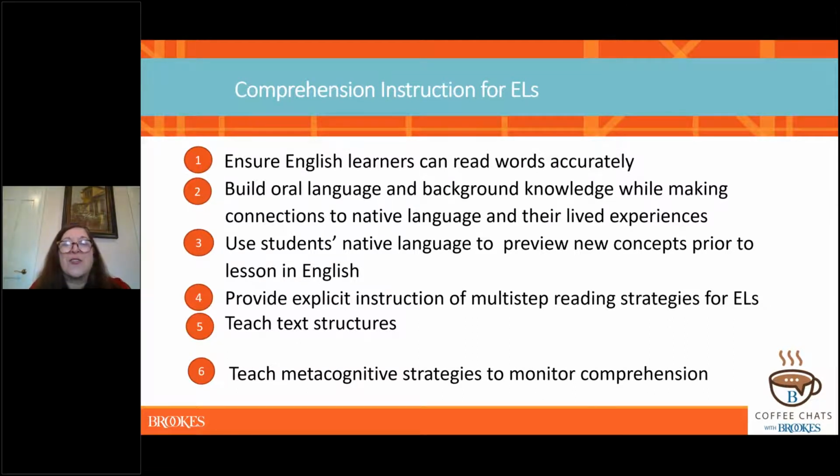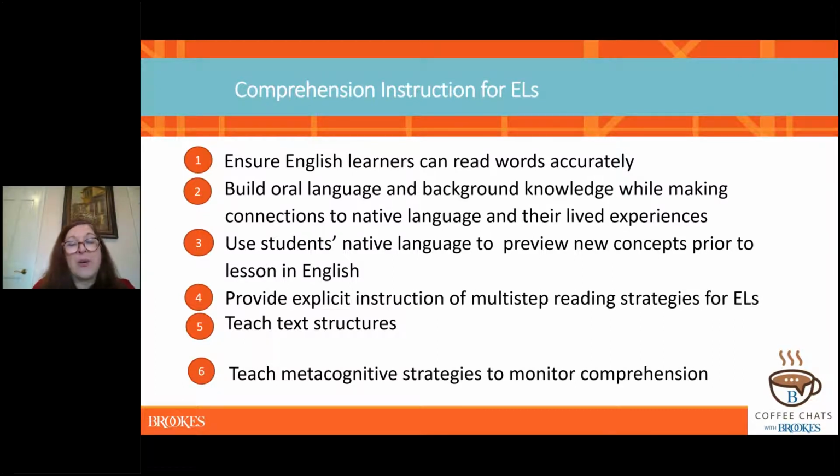Making connections to their native language and their lived experiences, bringing that relevance to them. And it's okay. A lot of times people say, oh, you can't use the native language, but we can use it strategically when we're trying to explain a new concept. Absolutely, you can use that native language to preview that new concept. And we can really provide those explicit instructions of the multi-step reading strategies, what we know works for English learners